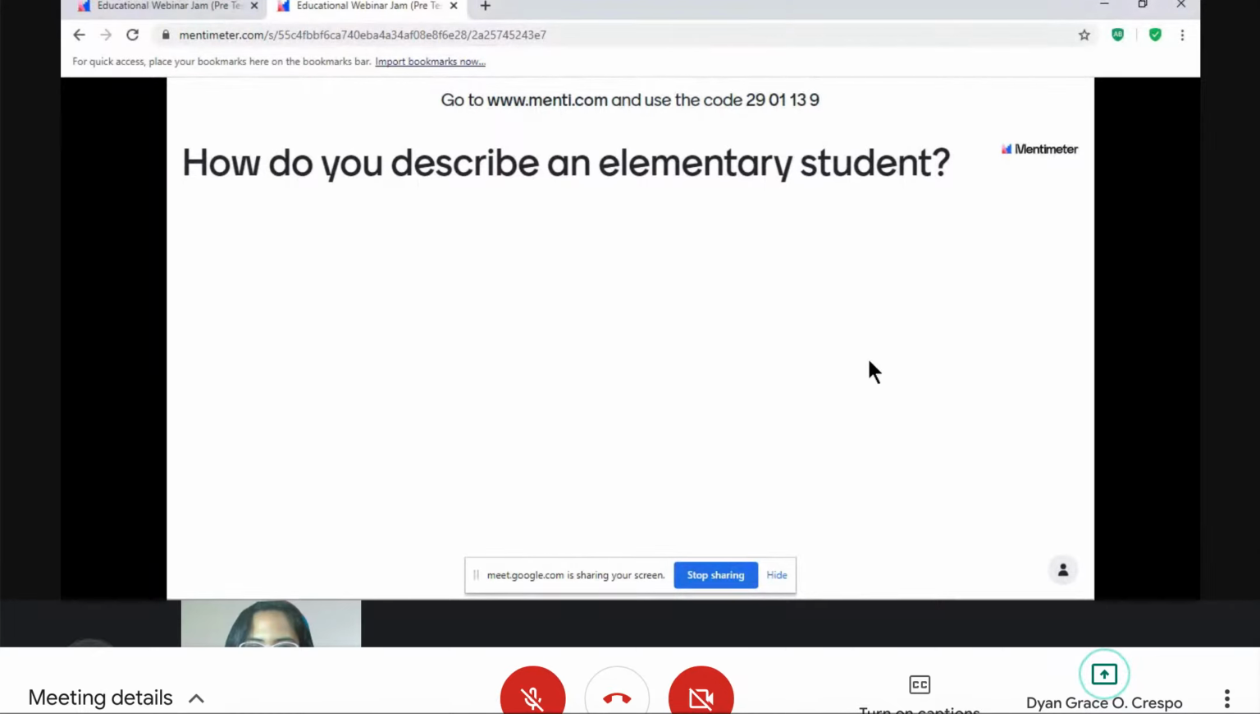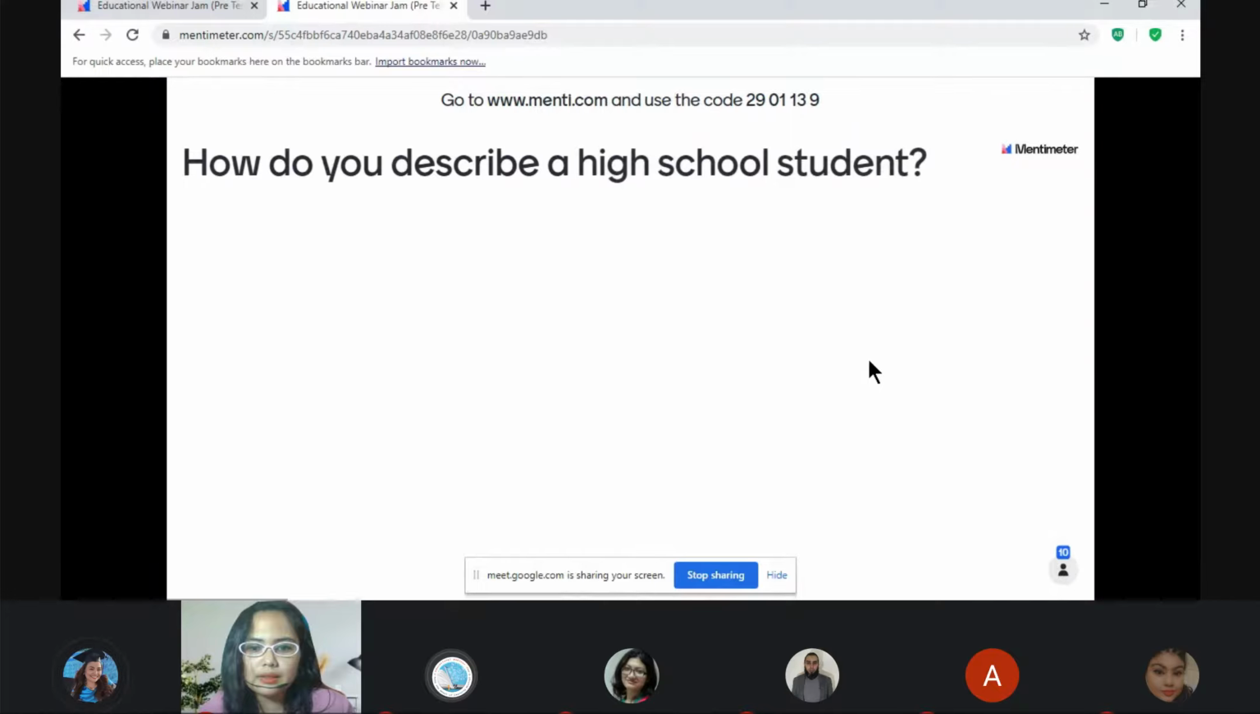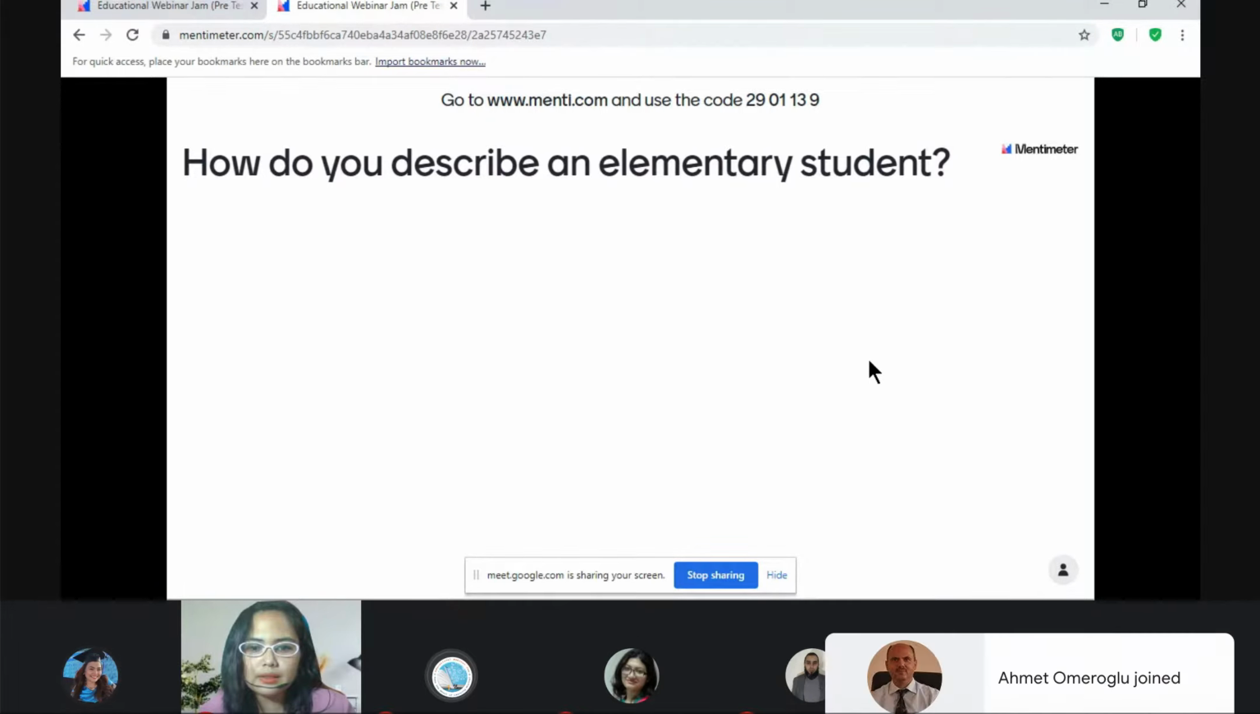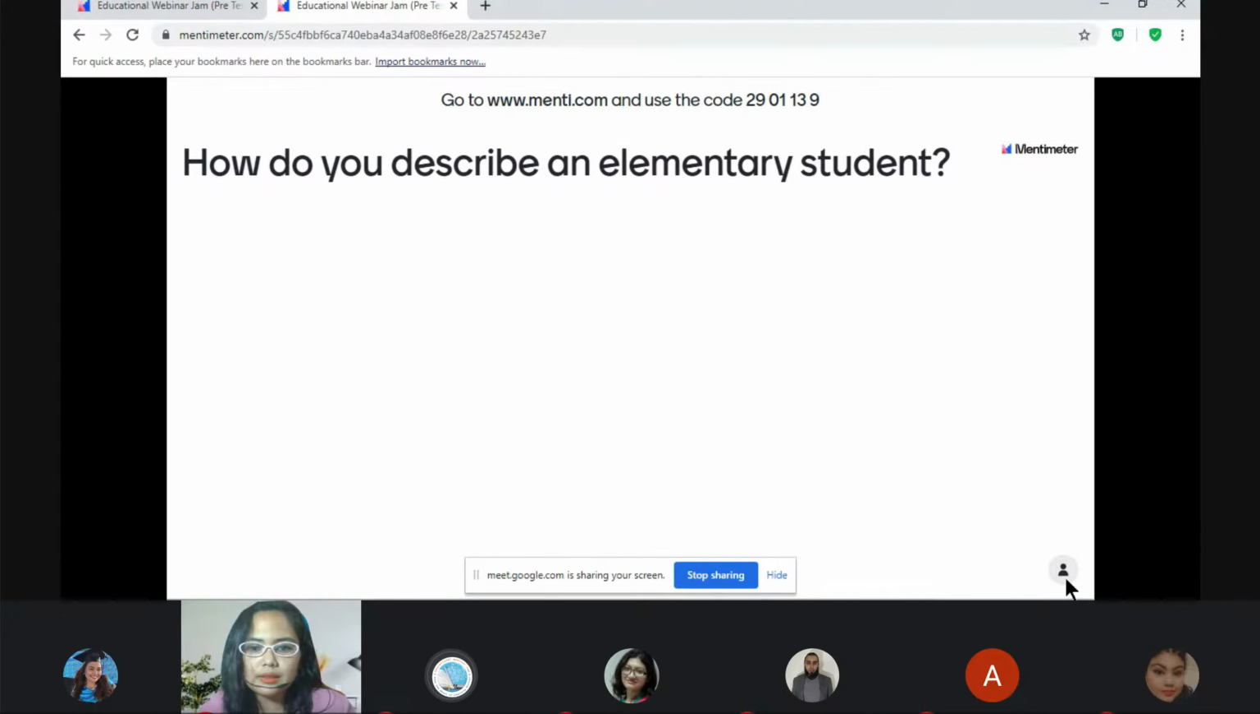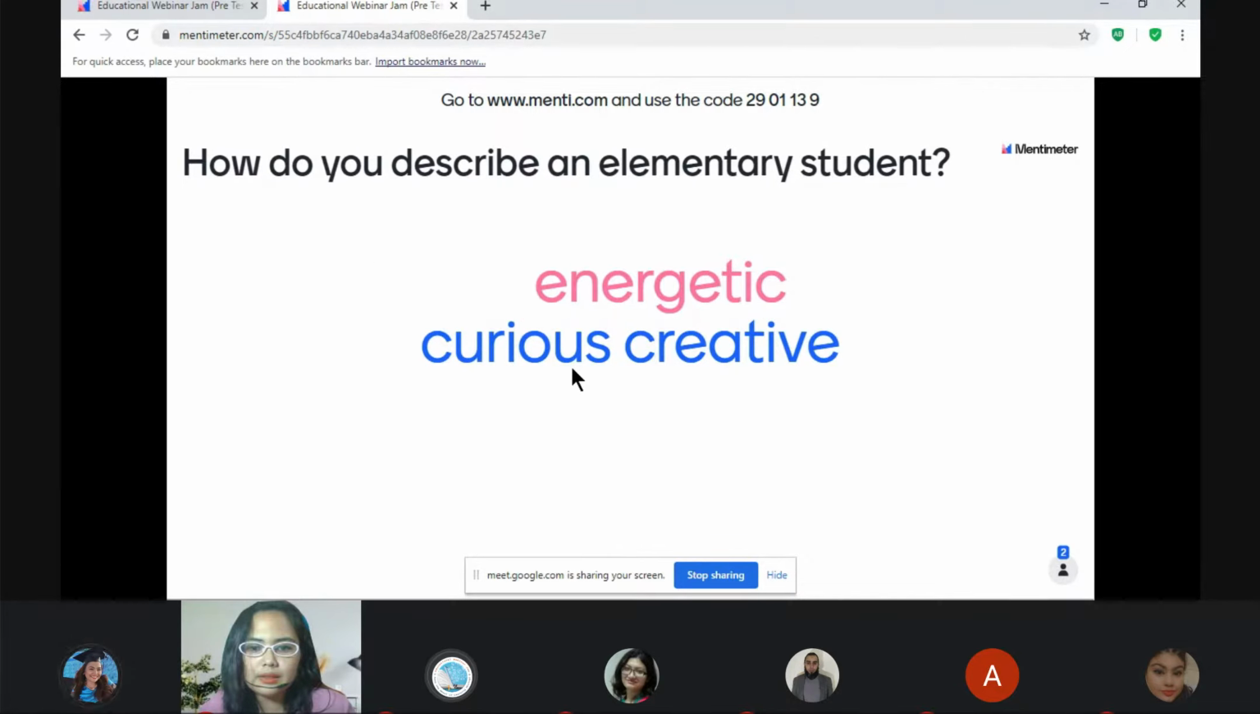Describe an elementary student? First one I asked, how do you describe a junior high school student? Now I want to ask, how do you describe an elementary student? Okay, curious and creative, energetic, again,